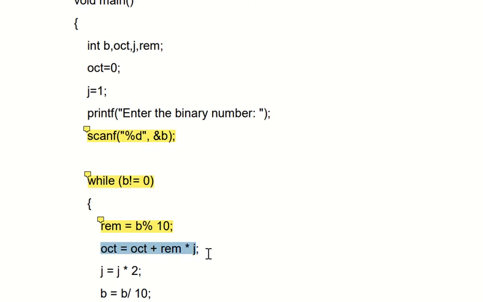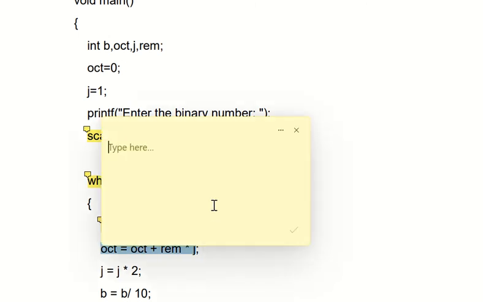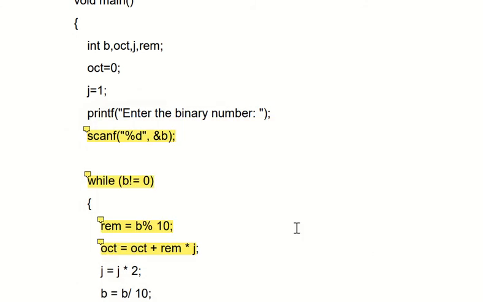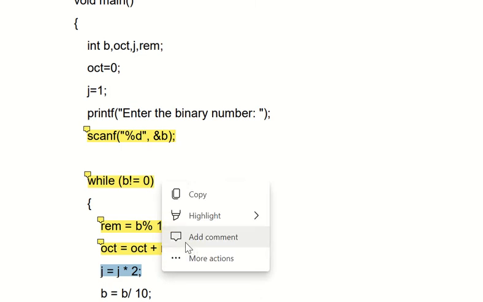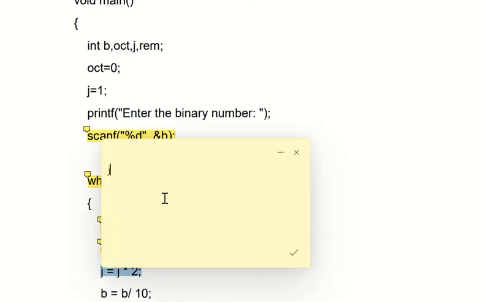So what I am writing here is oct equal to 0 plus the remainder 1 and j is also 1, that is 1 into 1. So we will get 1, which means at this point the new value of octal is 1. Now j is equal to j into 2, which means j is now 2, because it is 1 into 2.